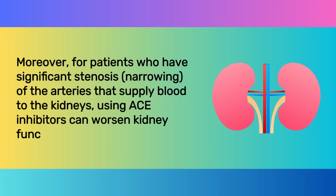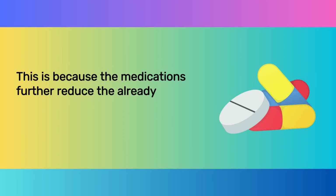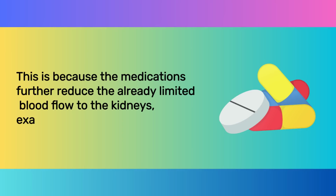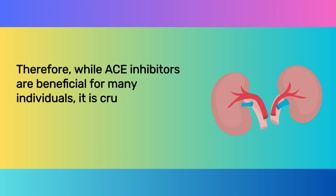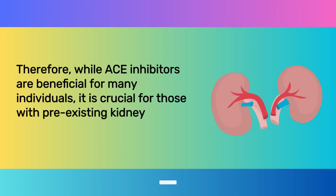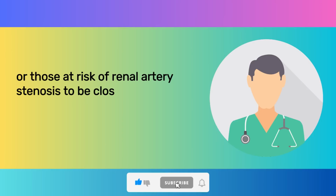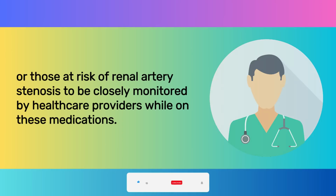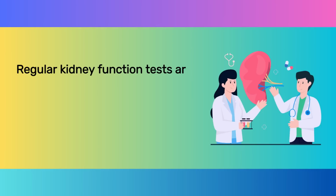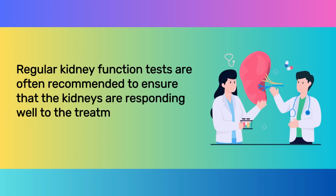can worsen kidney function. This is because the medications further reduce the already limited blood flow to the kidneys, exacerbating kidney issues. Therefore, while ACE inhibitors are beneficial for many individuals, it is crucial for those with pre-existing kidney conditions or those at risk of renal artery stenosis to be closely monitored by healthcare providers while on these medications. Regular kidney function tests are often recommended to ensure that the kidneys are responding well to the treatment and not